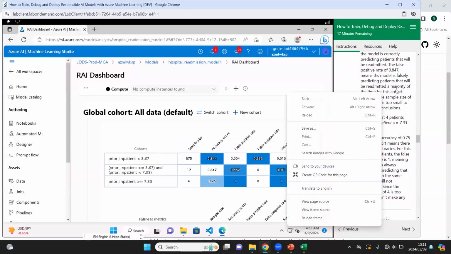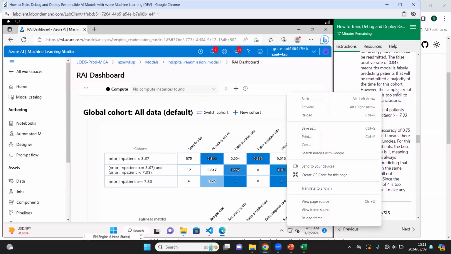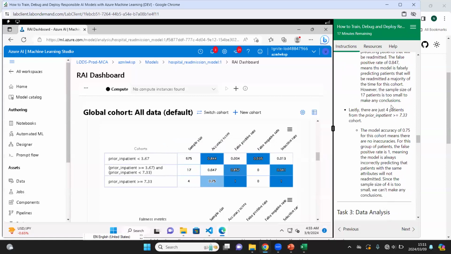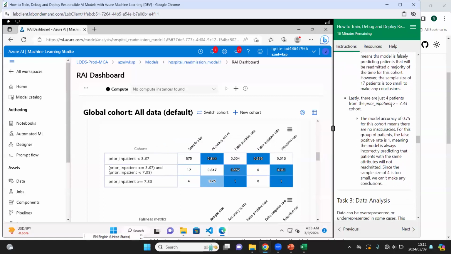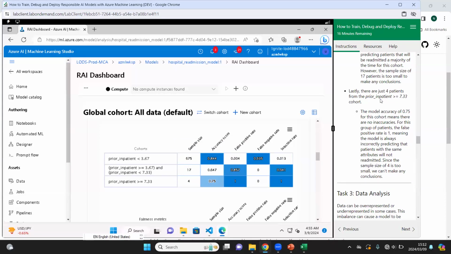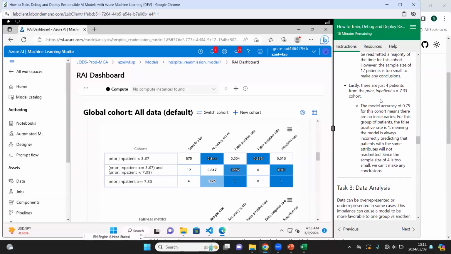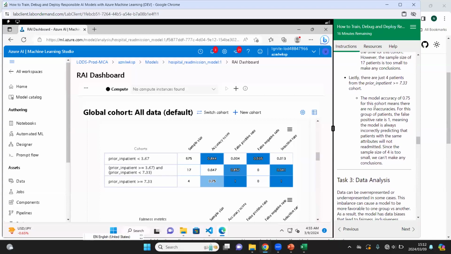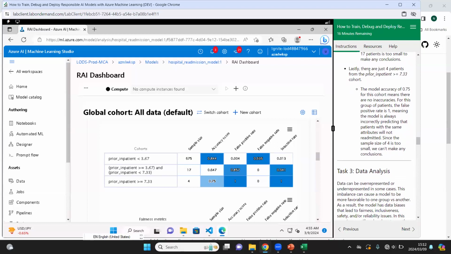The false positive rate of 0.847 means that this model is falsely predicting patients will be readmitted a majority of the time for this cohort. However, the sample size of 17 patients is too small to make conclusions. So lastly, there are just 4 patients from the prior inpatient